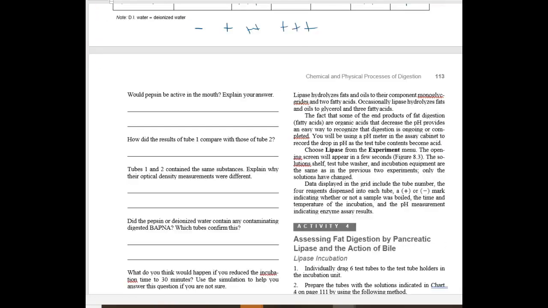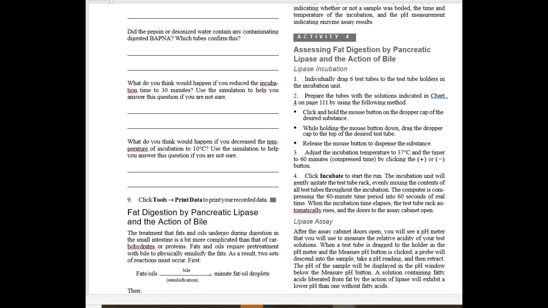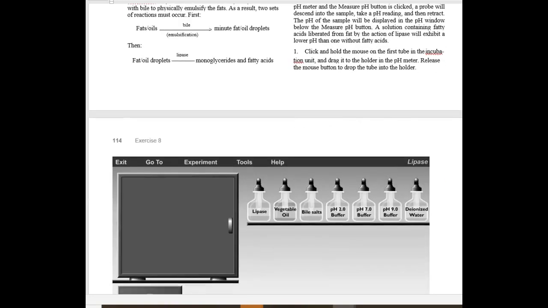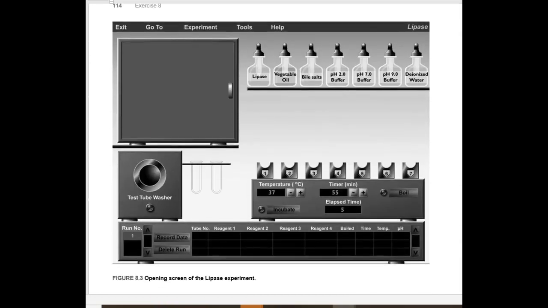All right, moving right along, this is going fast. Now we're looking at fat digestion by pancreatic lipase with the assistance of some bile salts. So our enzyme is lipase, oil is our substrate, and then we'll talk about what our product is going to be. Bile salts, you remember, just emulsifies,